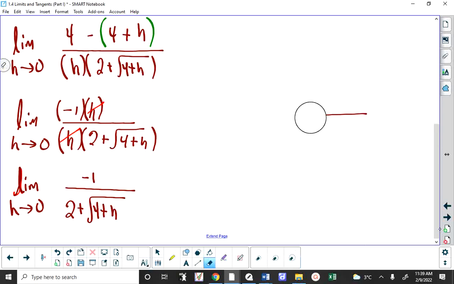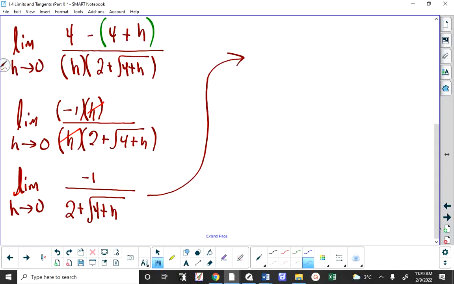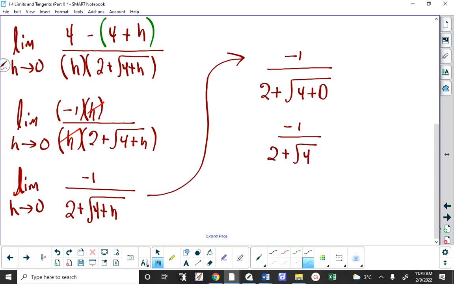And as a student, maybe I've hit the end of my workspace here. So again, don't go equals and just keep writing stuff left to right. What you should do is continue at the top of the next column. It's at this point in time I'm putting in h equals 0, so I no longer need to write the limit notation. It's going to be negative 1 over 2 plus the square root of 4 plus 0. I'm changing h to 0. 4 plus 0 is 4, so I'm left with negative 1 over 2 plus root 4. Root 4 is 2. I'm left with negative 1 over 2 plus 2. So my answer is